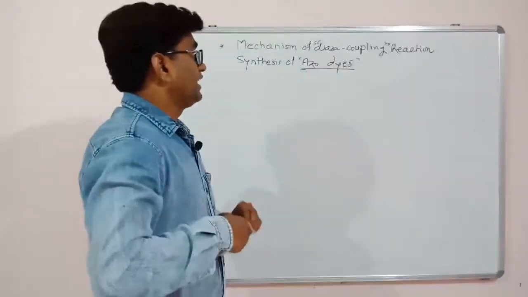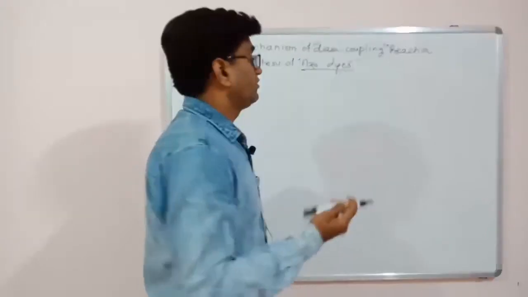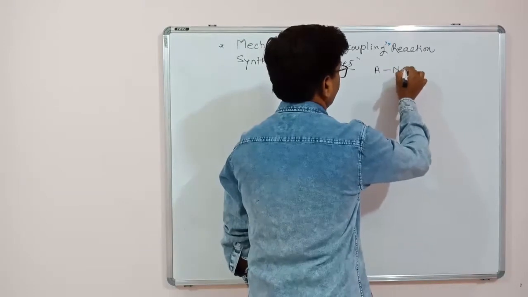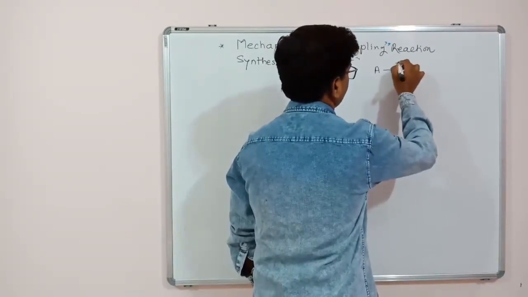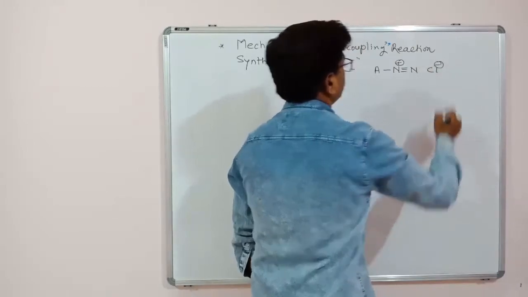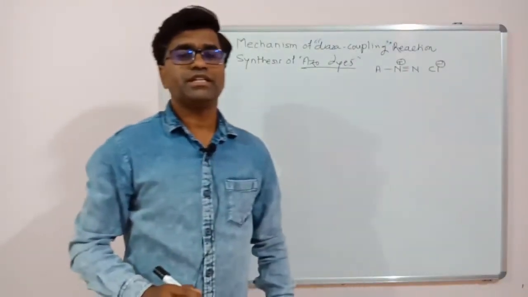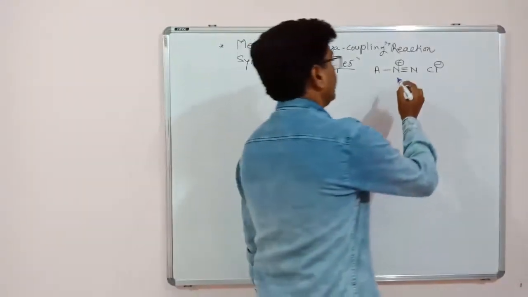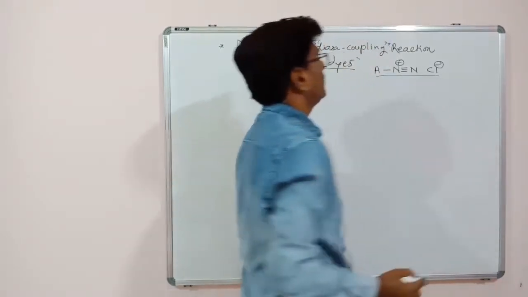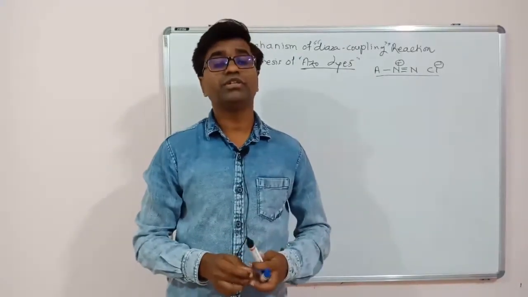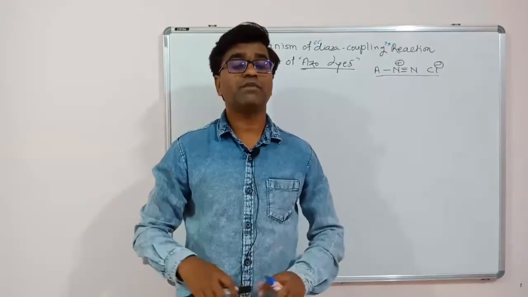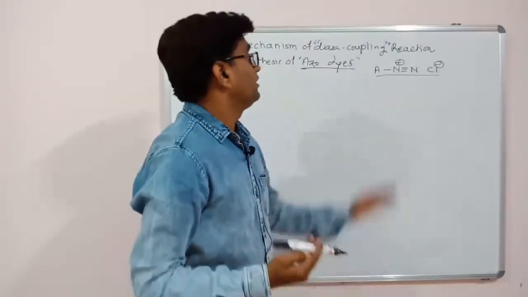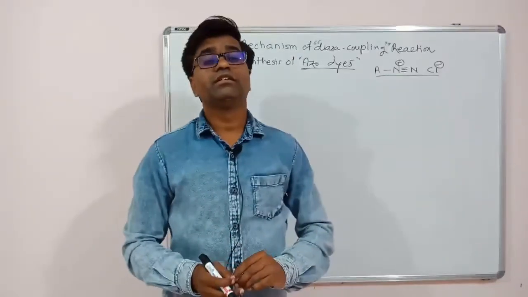For these diazo coupling reactions, an electrophile is needed. That electrophile is the diazonium chloride salt. So this diazonium chloride salt is our electrophile. This diazonium chloride can be obtained from the nitrosation reaction of a primary amine. That is the test for primary amines, as we know. So how to form this diazonium ion, we are going to learn that mechanism now.